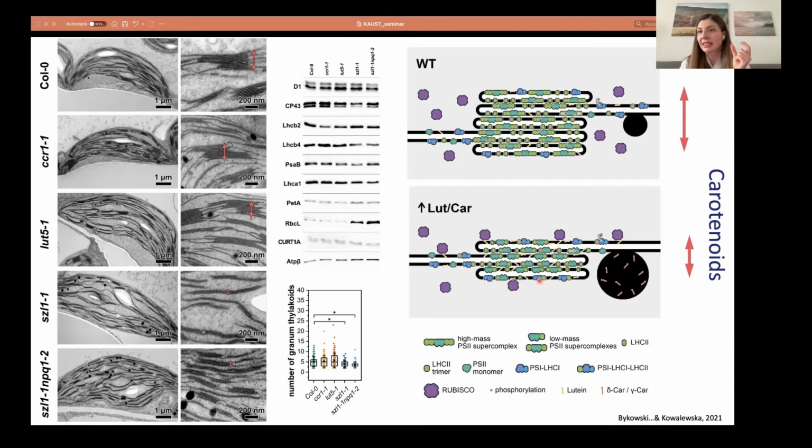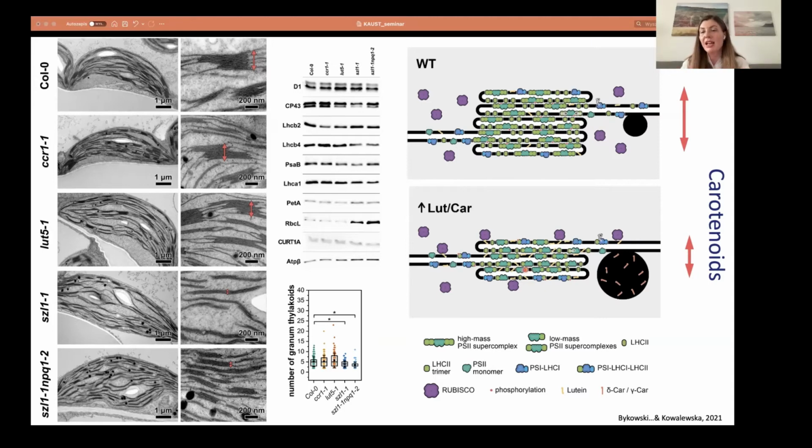We conclude that this is a synergistic effect of the lutein that over-accumulates in the thylakoid lipid fraction by stiffening the membrane, providing a hindrance for the folding of the grana stacks, and also this stiff membrane connects with those functional rubisco octamers, which could also provide an additional steric hindrance for the process of the folding. And also synergistically, it works with the lower level of carotenes, which influence the formation of different types of